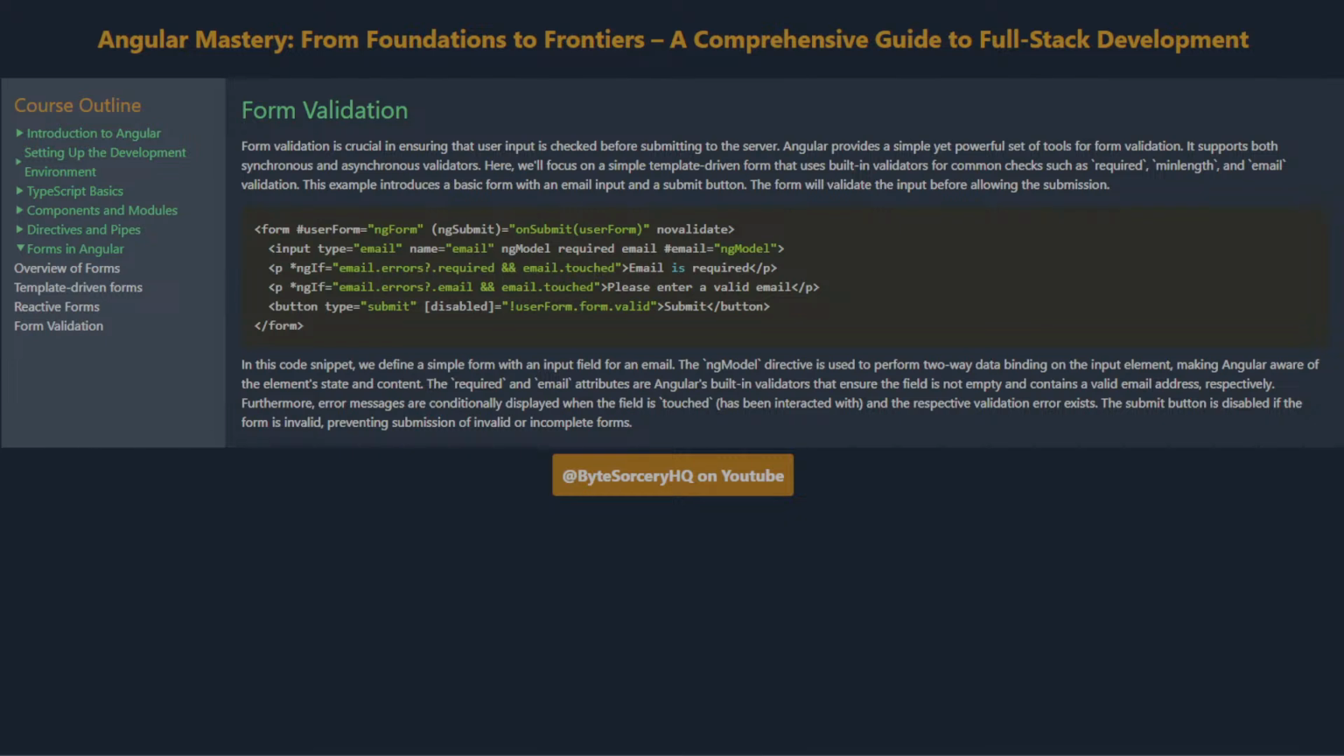In this code snippet, we define a simple form with an input field for an email. The ngModel directive is used to perform two-way data binding on the input element, making Angular aware of the element's state and content. The required and email attributes are Angular's built-in validators that ensure the field is not empty and contains a valid email address, respectively. Furthermore, error messages are conditionally displayed when the field is touched, has been interacted with, and the respective validation error exists. The submit button is disabled if the form is invalid, preventing submission of invalid or